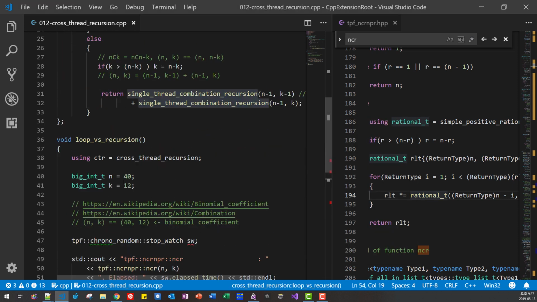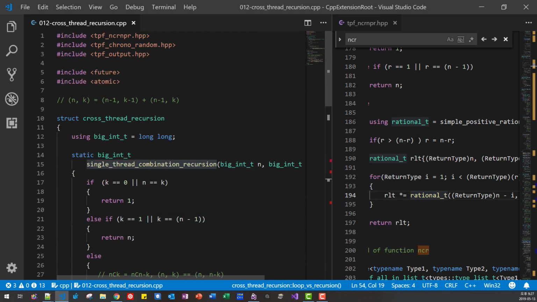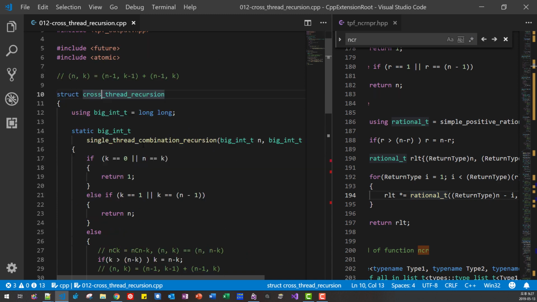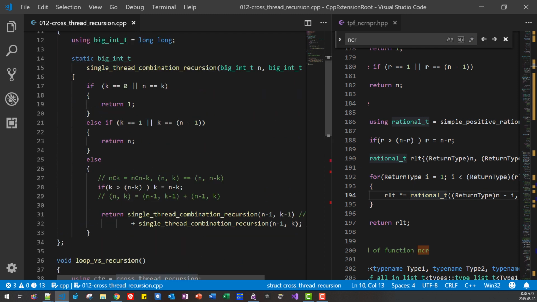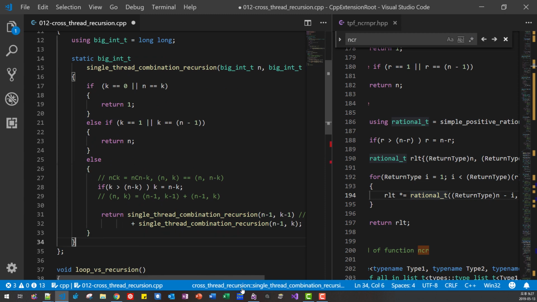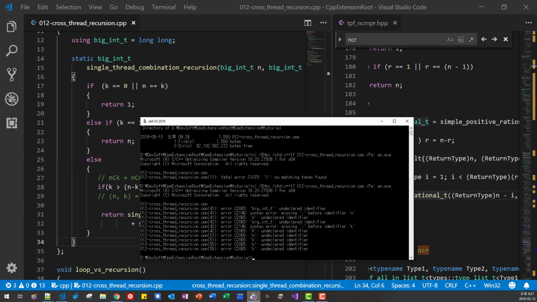Why is it causing an error? Oh, I missed one curly brace here. BigInt undeclared at line 41.